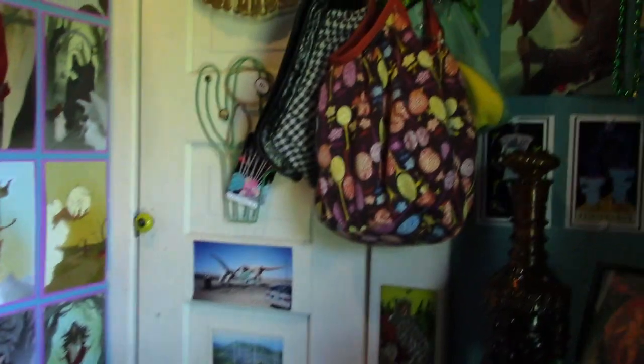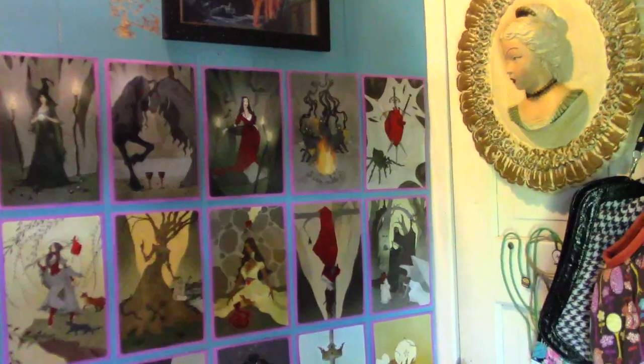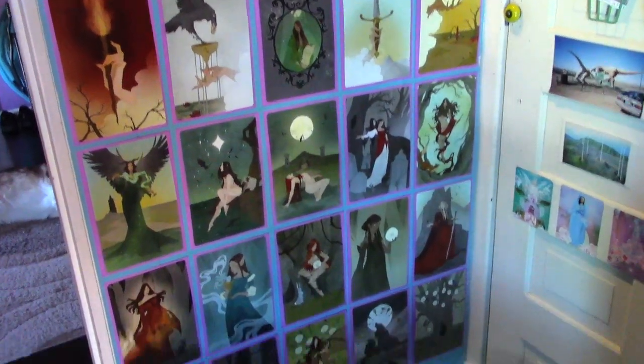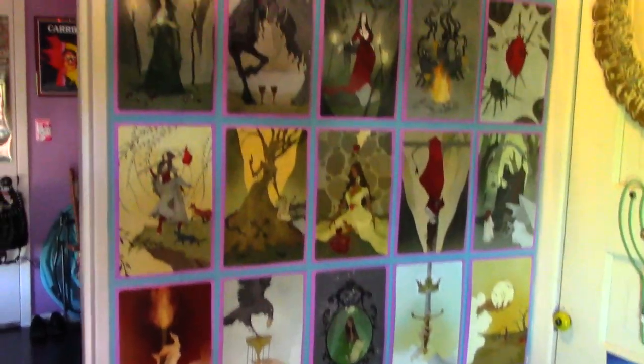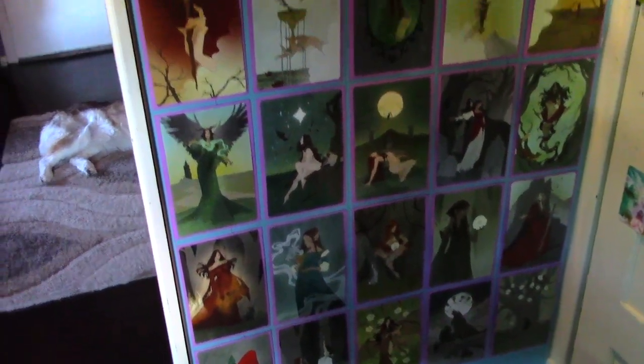And then the thing that I did this week, and I won't be able to zoom completely out. But this is what I did this week, guys. I used my extra copy of Darkwood Tarot, and I picked my top 30 favorite pieces of art from that deck and just made a beautiful tarot wall, and I'm really, really happy with it. I think it's really cool. So I did that, and then if we want to shut the door,